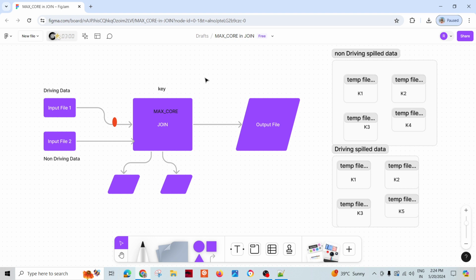So the driving port is read one by one. It will first check in memory, in the max core area, whether the join happens. If it happens, then well and good, produce the output. Okay. But what if there is a key in the driving data, but it is not able to find it in memory? So in that case, what happens is,